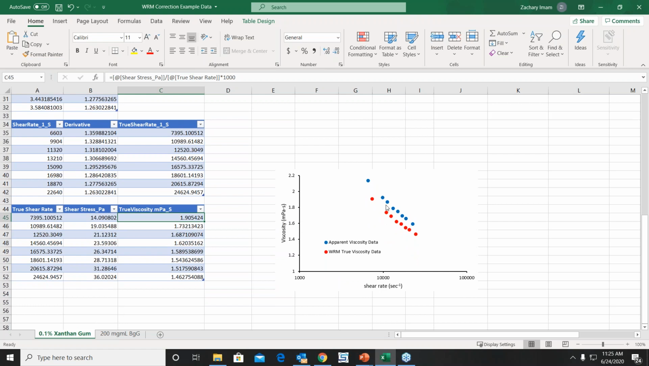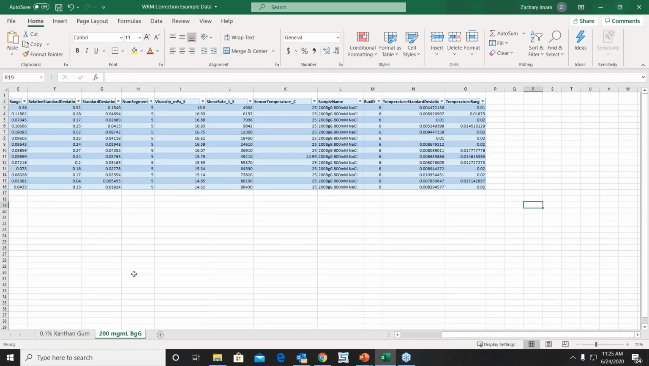And so here I have plotted the apparent viscosity data in blue and then the corrected viscosity data in red. And so I'll now step you through how to extract this information and correct your data